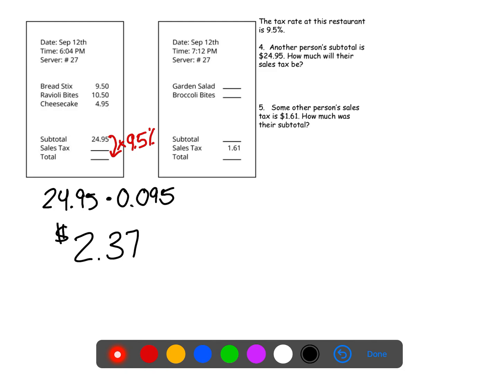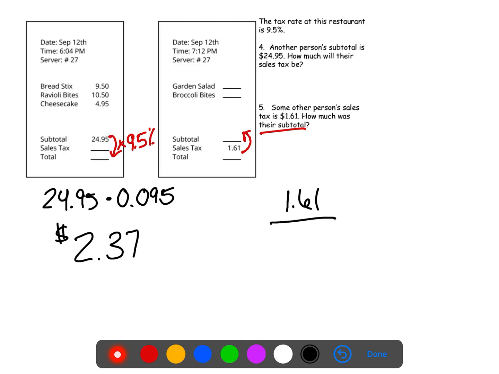Part 5 says some other person's sales tax is $1.61. How much was their subtotal? So if you notice, we're going to be going in the other direction. We're going to go from the sales tax back to the subtotal to find what they're asking us in that question. And anytime we reversed in that proportional relationship in that table, we had to do the opposite. So instead of multiplying by 9.5%, we're going to divide by 9.5%. So we'll take the $1.61 that was spent in sales tax. We're going to divide it by our